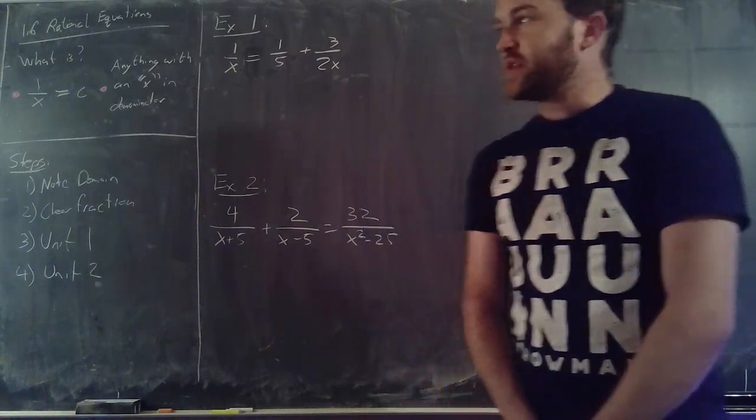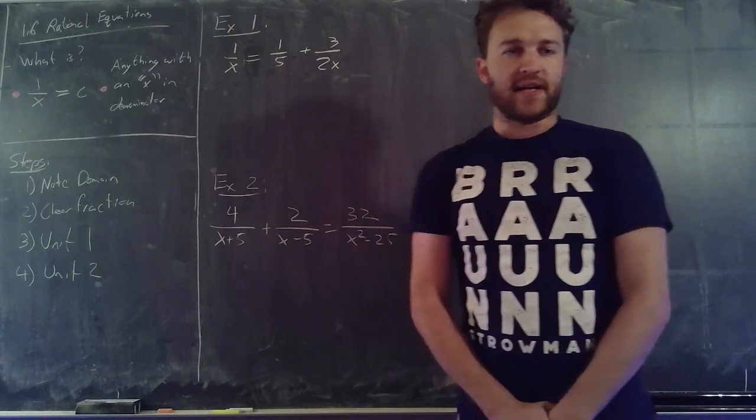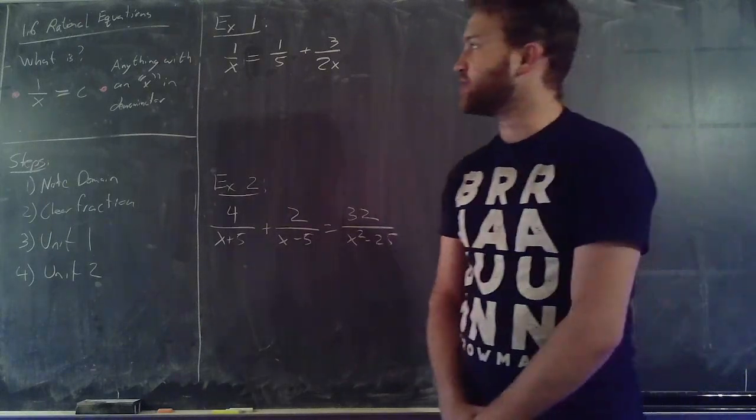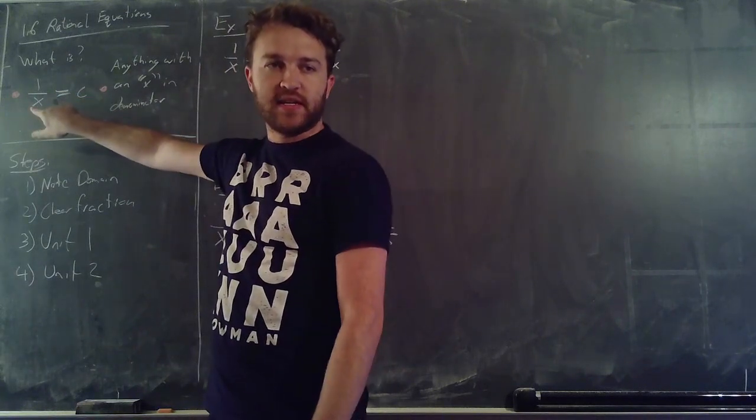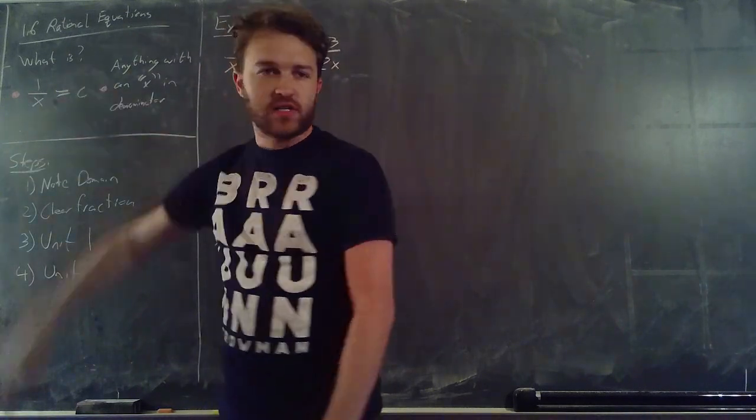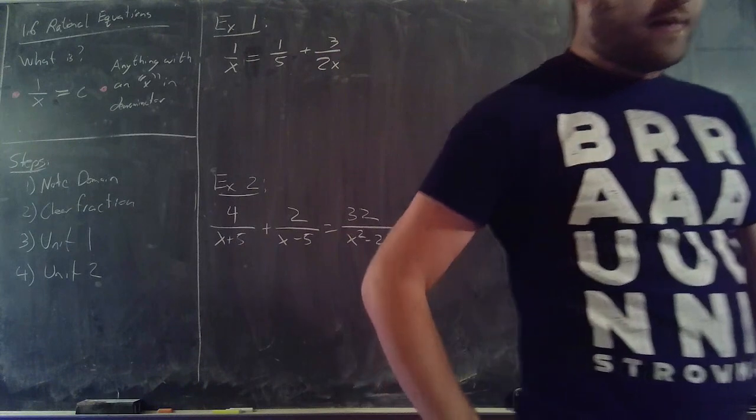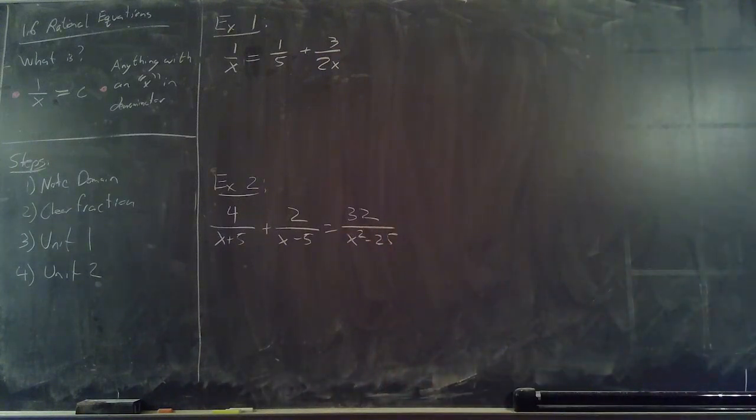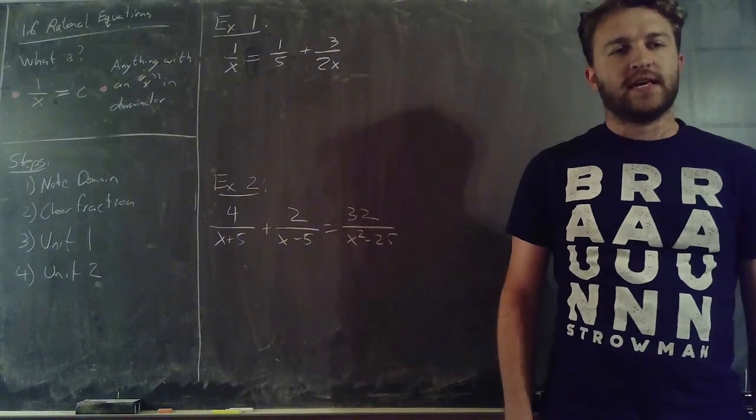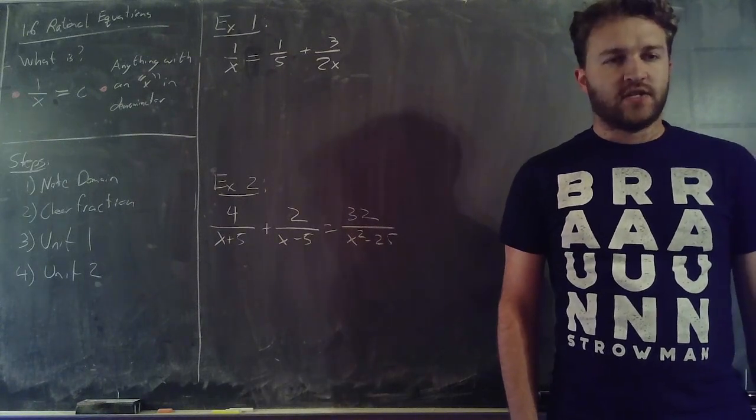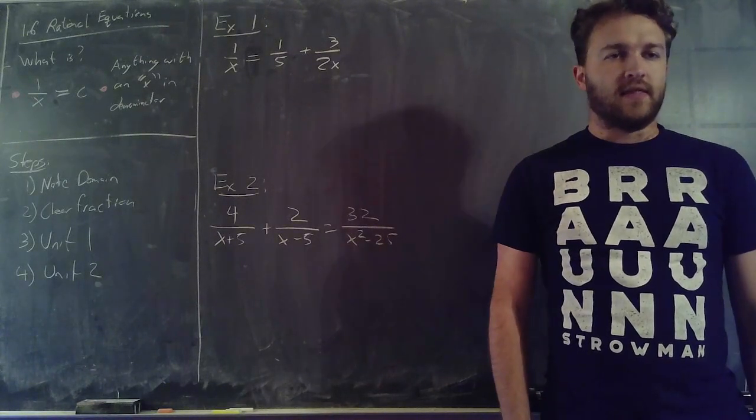Now, first thing we need to know is what exactly is a rational equation? A rational equation is any sort of equation that looks like this, where I have a variable in the denominator equal to some other stuff. And there may be more than one variable in the denominator, as you will see in the examples here. But the point is that in each case here, we have a fraction where the variable is in the denominator